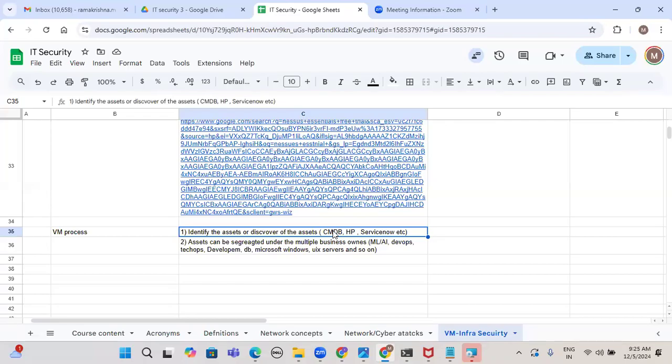Now, what do we have to do? We have to run a scan called a discovery scan policy. The question is, what is meant by discovery scan policy? Discovery is nothing but it will identify, or discover, how many assets are there on the organization side. So for example, take